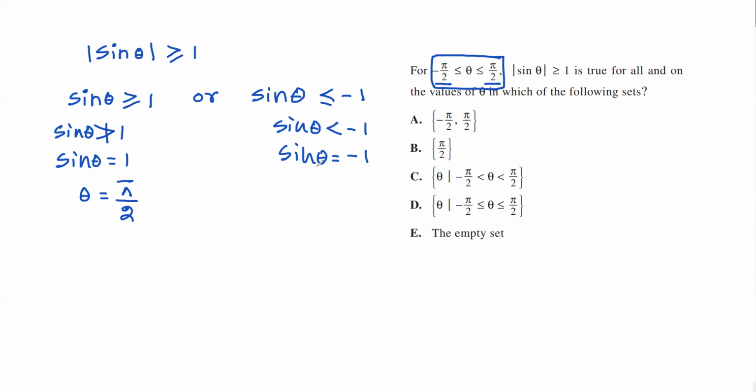And when sine theta equals -1, in this domain, we know it's only at -pi over 2, right? At -pi over 2, the sine theta becomes -1. So you have two values of theta. First one is pi over 2, and second one is -pi over 2. So that's it. So option